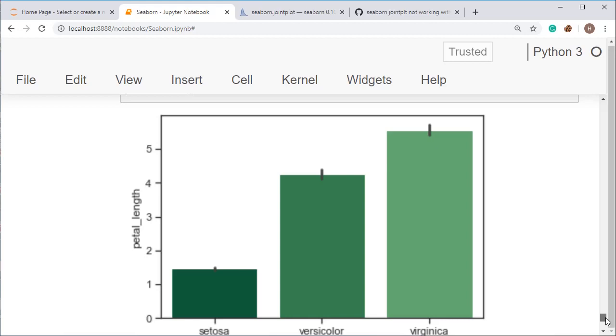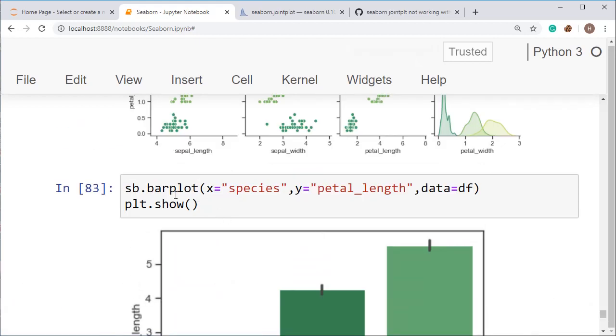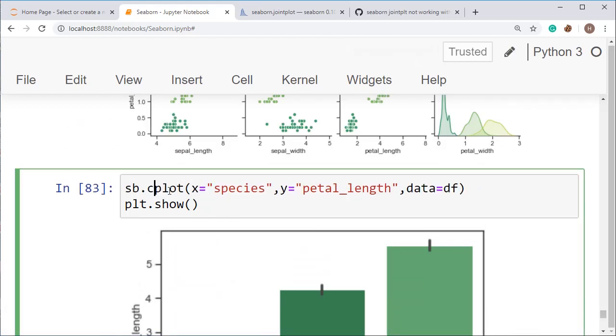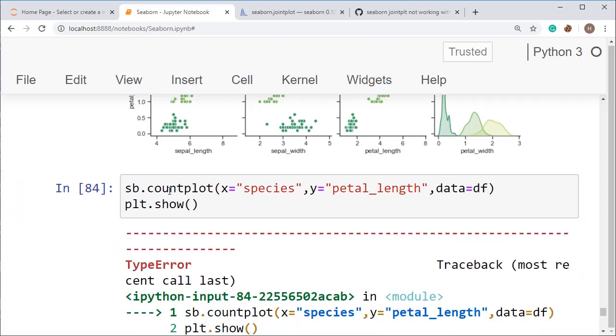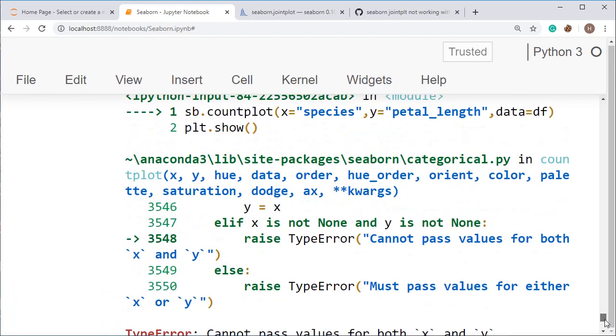You can also use the count plot. For that, just put count in place of bar. I am showing you all the things on the same data set, but try to copy and paste all of them.